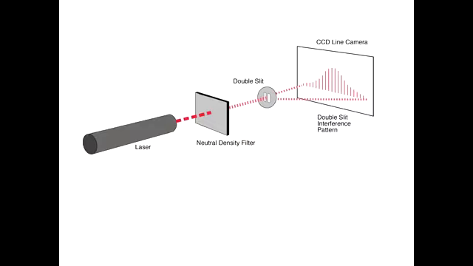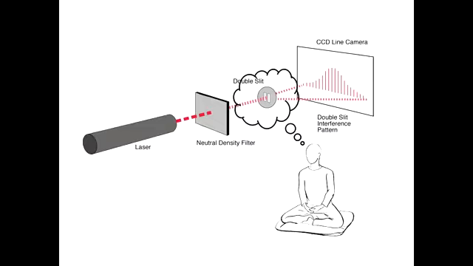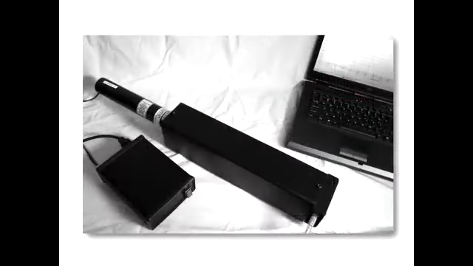The only new element in this experiment is that we ask people, in this case a meditator, to keep the double slit in mind and to imagine in their mind's eye that they could see which of the two slits the photon went through. This is, as far as we could tell, the only way of directly testing whether consciousness is actually collapsing the wave function. So this is what the apparatus looks like.